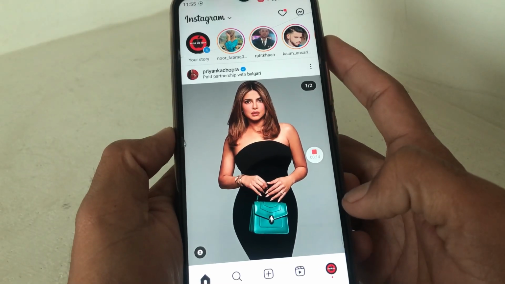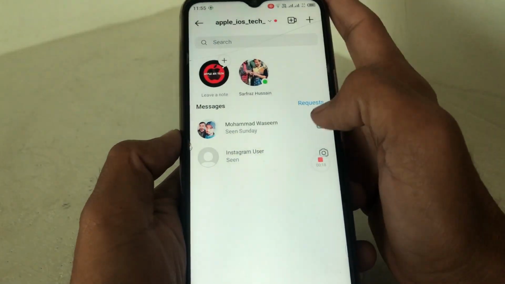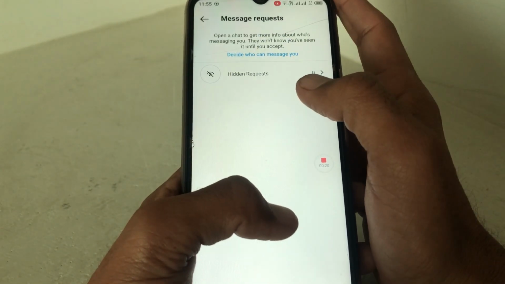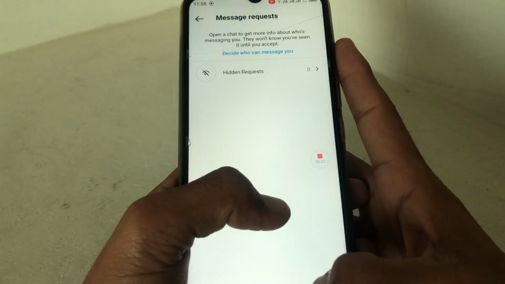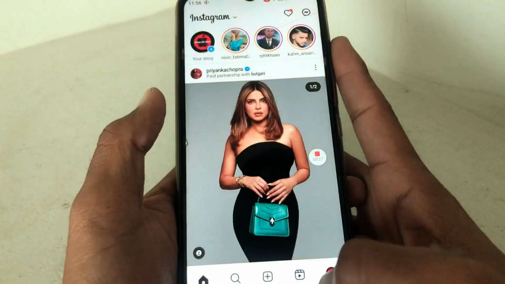First of all, you have to open Instagram and simply tap on the messenger icon here and tap on request. As you can see guys, it's not showing here, request. So firstly guys, what you need to do is simply go back and make sure that